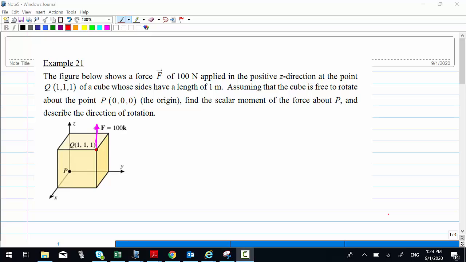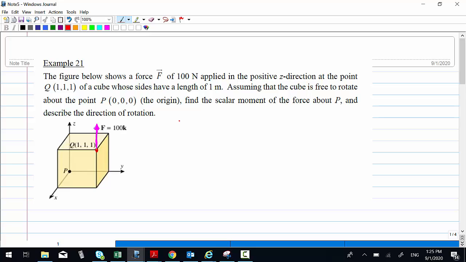This is example 21. The figure shows a force of F equal to 100 Newton applied in a positive Z direction at the point Q (1, 1, 1) of a cube whose sides have a length of 1 meter. So this is the cube here, this is the force here, the force is 100k in the Z direction, and there's a point Q